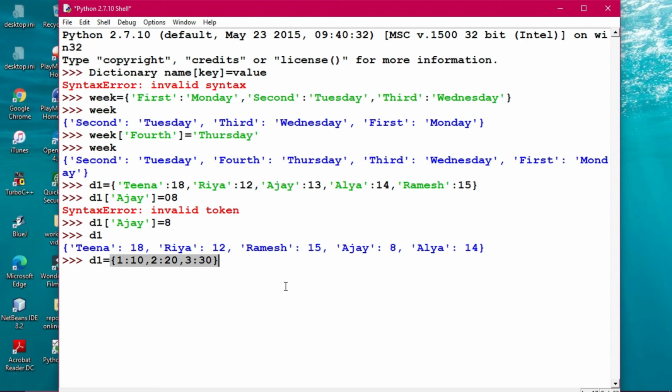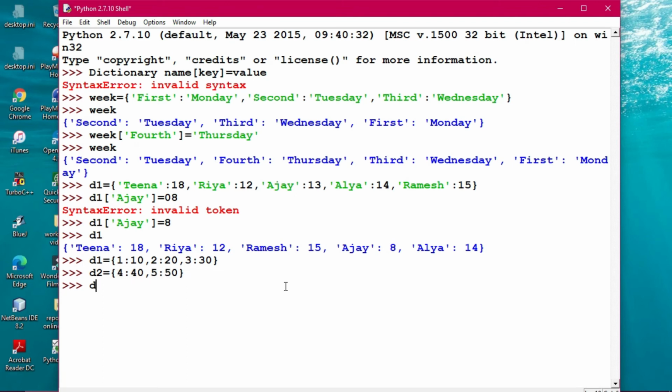And another dictionary, 4 colon 40, comma 5 colon 50, and this has been closed. So another dictionary has been created.